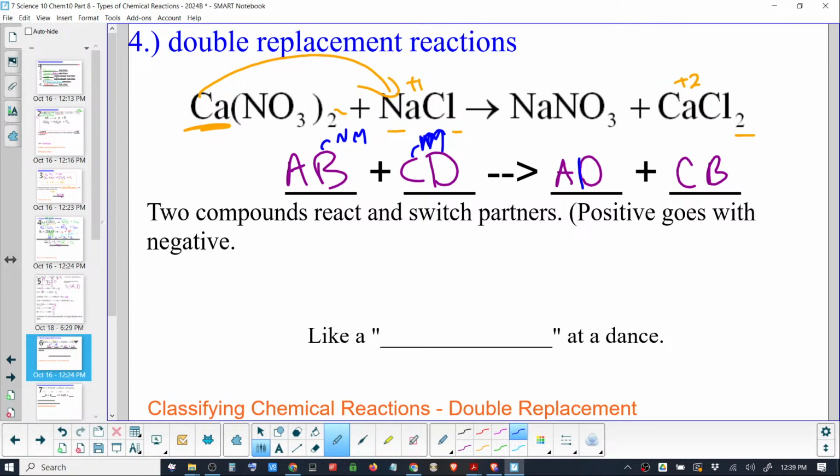Two compounds react and switch partners. I used to say this is like cutting in a dance, and apparently that reference was too dated. So I was told by someone from Alberta, this is like line dancing, because you switch your partners at some point,